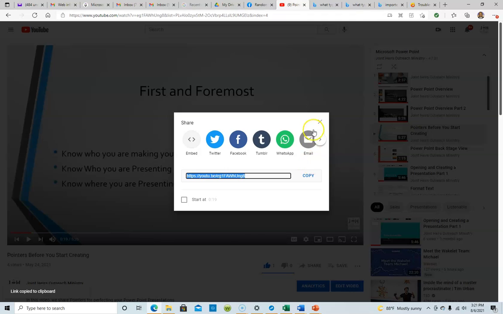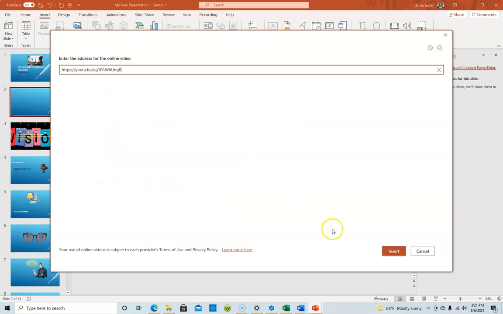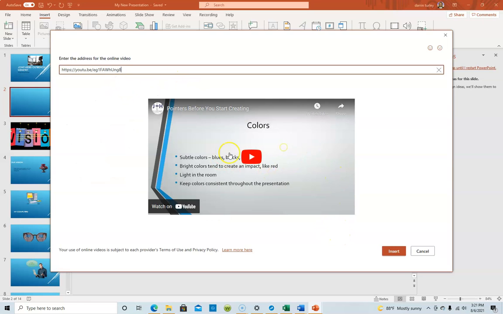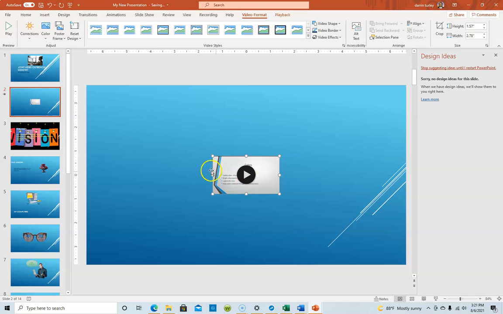Once you click copy, you can come back to your PowerPoint presentation and you either right click, or you can just copy and paste right here. Control V and paste. Once your video is embedded here, then you click insert. Now some of these take a little bit longer depending on the size of your video before it actually puts